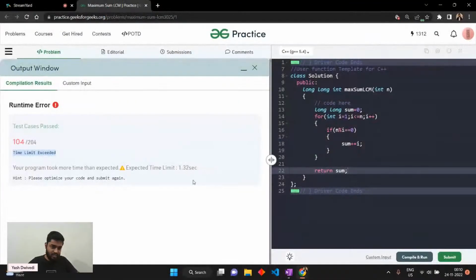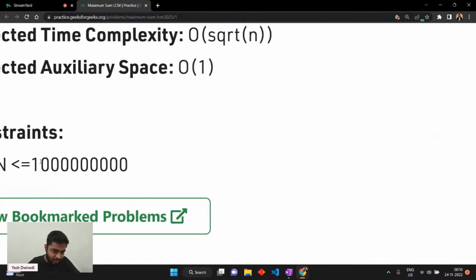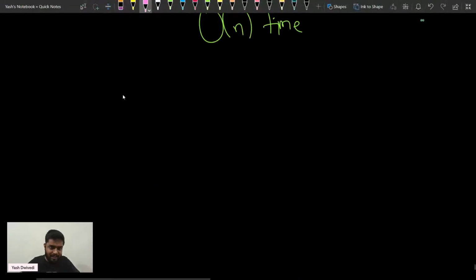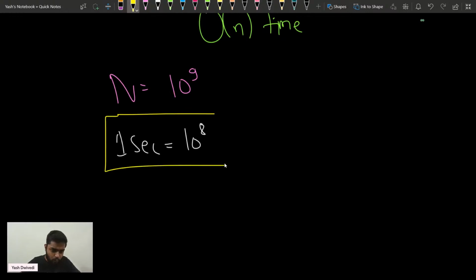And if you see the constraints here, let me count the number of zeros: 1, 2, 3, 4, 5, 6, 7, 8, 9. So the n value can go up to 10 to the power 9, and in 1 second, assume that you can do almost 10 to the power 8 operations. If you have done a little bit of CP, you know that we can do 10 to the power 8